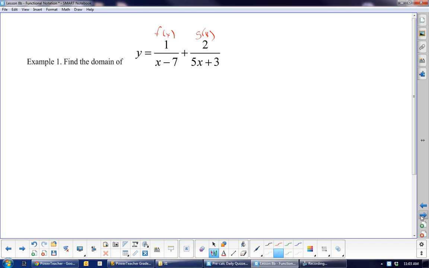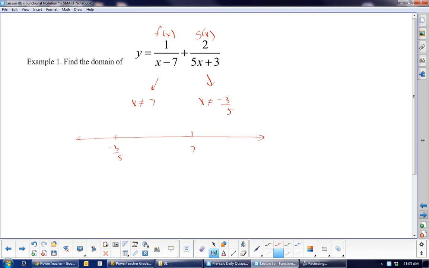So if we find out the domain of this one, x cannot equal 7. And the domain of this one, x cannot equal -3/5. Okay, so if I was to just do a number line, and if I put -3/5 down and 7 on my number line,